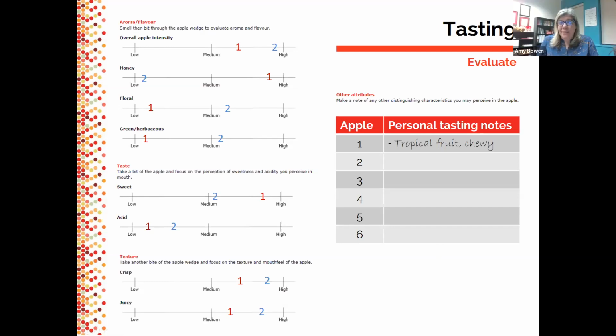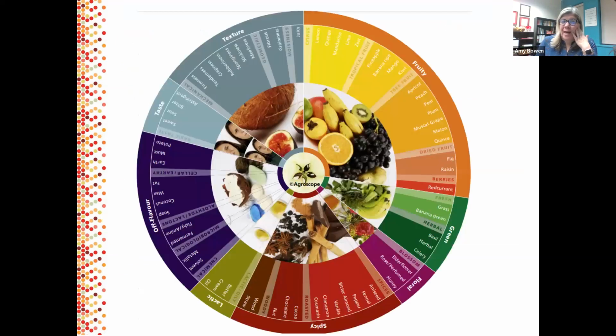I'm just going to show one more thing before we bite into our apples. For a lot of people, it's hard to come up with terms. And so that's where Susan had provided this apple flavor wheel. This is here as a guide, not that you're expected to taste every single one of these things in an apple, but just to give you ideas of, when I talked about green, what does that mean? Well, it could be grass, it could be herbal, like basil or thyme, something like that. So this was provided if you want to download and look, because sometimes it helps us to name the different flavors that we're perceiving. It's up to you if you want to use it or not, but I just wanted to share why we included it.